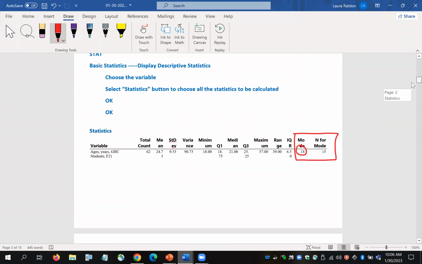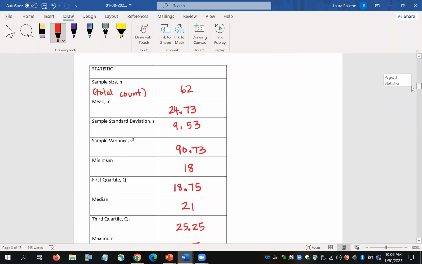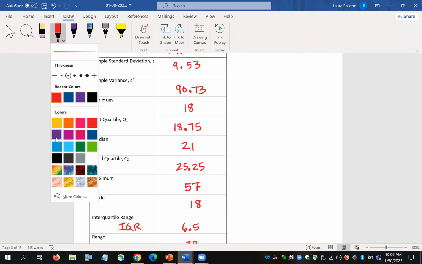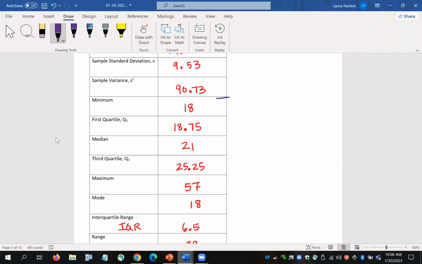Okay, so from Minitab, I get all of my statistics. I need the 5-number summary, which is the minimum, first quartile, median, third quartile, and maximum. That's my 5-number summary, and I need those values to help me create